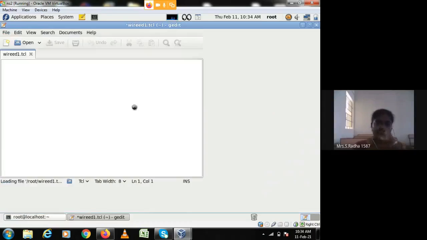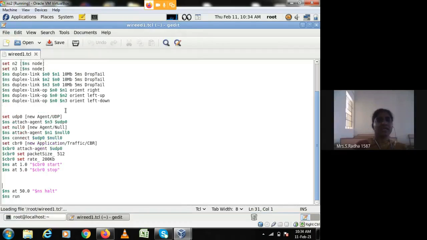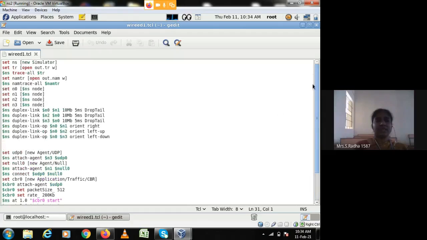This is a new file what I have. Okay, wired 1. The previous coding is as it is. After arrangement of the nodes, left up, left down, I will be typing the packets, UDP packets, user datagram